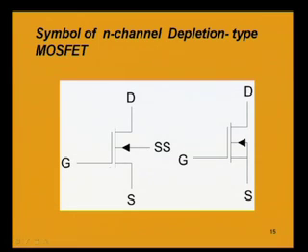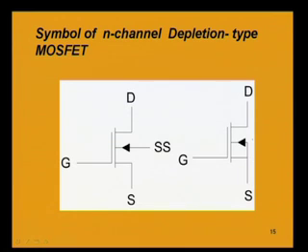Now, this symbol is for the substrate being external, having an external connection, that is we have 4 terminals, one terminal for the substrate is also available. But what is more common is to show the substrate connected to the source. So, in this symbol we have seen that the source and the substrate are connected, all other parts of the symbol are the same, the only difference is that the substrate is connected to the source internally. So, this is internal